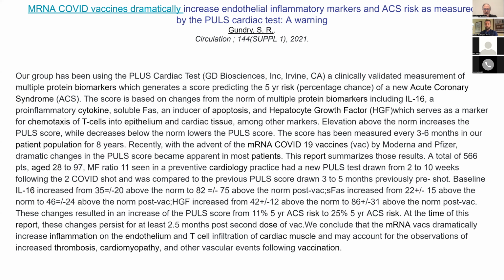post-COVID. It turns out that this is not an anti-vaccine result. This is just an example of where we know the vaccine is working, but it does temporarily increase your risk. And as long as you don't have comorbidities like diabetes, obesity, cancer, immune problems, metabolic problems, you're probably going to be okay. But it's important for healthcare providers to know that this is a real risk. It does exist. Now, when you compare it to what happens when you get COVID, COVID takes you up 50 to 100%, not 11 to 25, but 50 to 100%. And the risk is dramatically more when you get the actual infection,